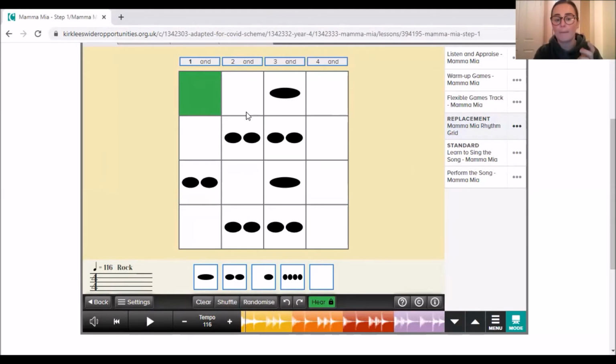Coffee, coffee, coffee. Tea. Oh, nope, I've done that wrong. Let's have another go. So we've got tea, coffee, coffee, coffee, tea, coffee, coffee. Sometimes you just need to listen to it a few times or just even look at it and try and clap it out first. Okay, so if you want to pause the video at any point and just have a go at getting it into your head, like I just had to do then, that's fine.